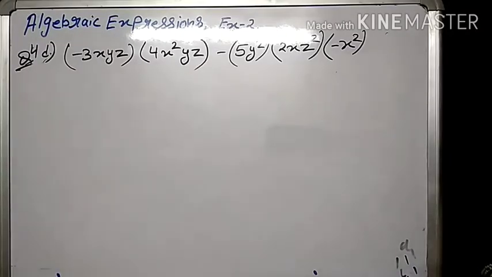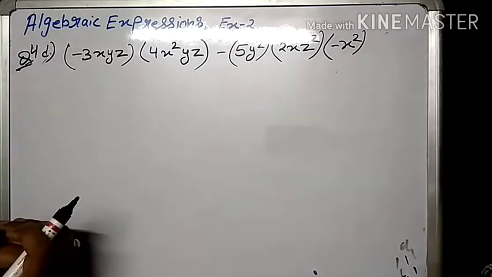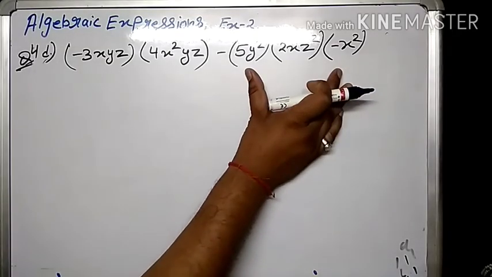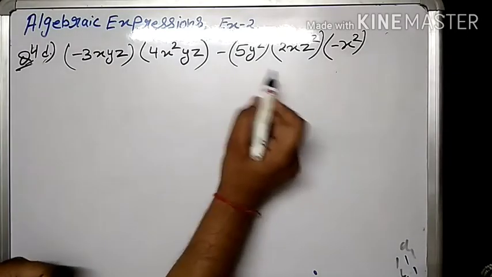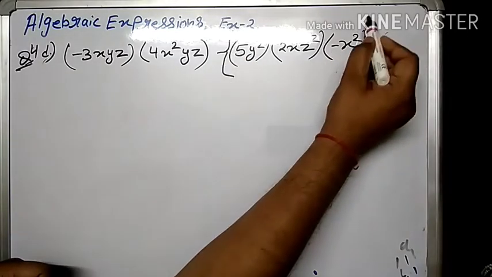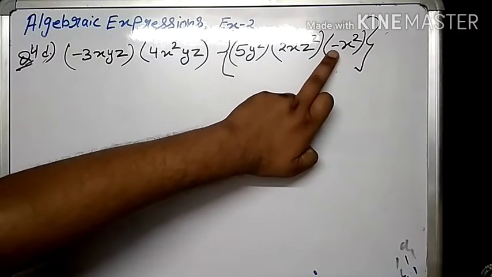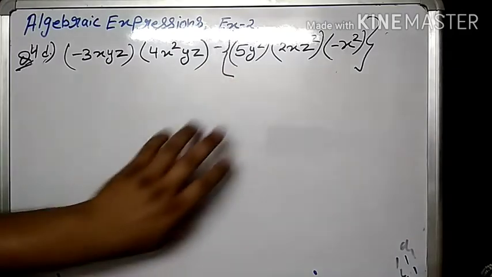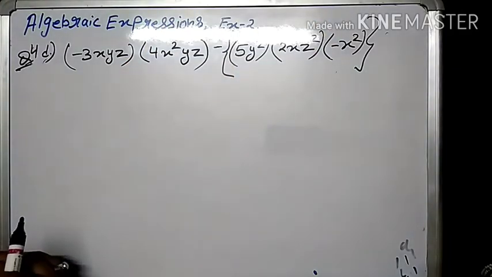Let us start with another example and another question. This question is over here. We will multiply these two terms and these three terms, and then we will find the difference of that. But before that, we can mark it inside a middle bracket, because we have already seen that minus is here and a negative is outside also. So we write these three terms inside a bracket so that we do not make a mistake.